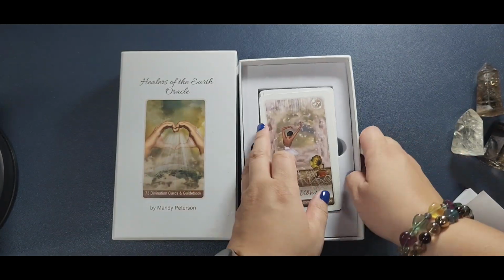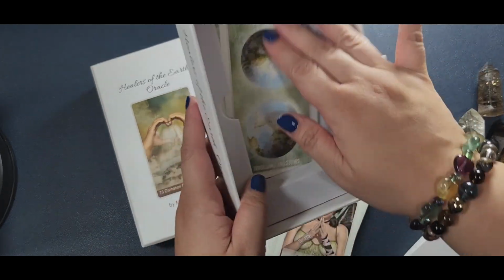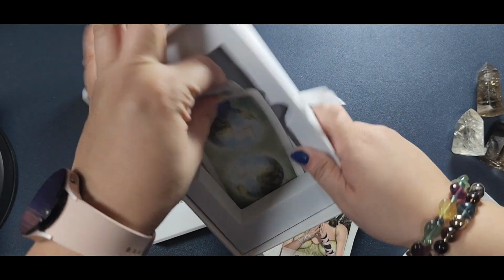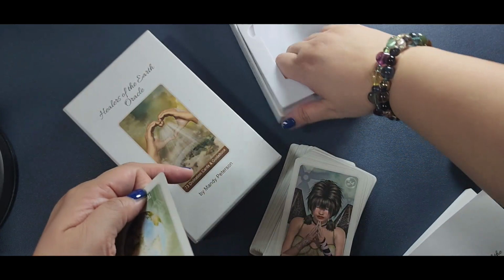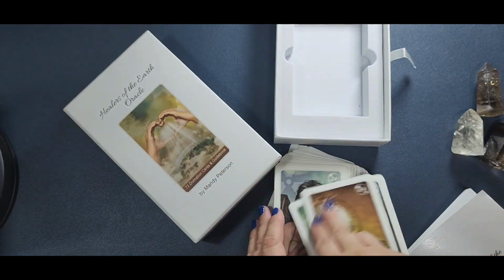And the art style, I also do not like this because it slides to the bottom, and if you pull it out, I think if it was glued better, it might not be an issue, but I don't know, I'll try and glue it back. But yeah, so